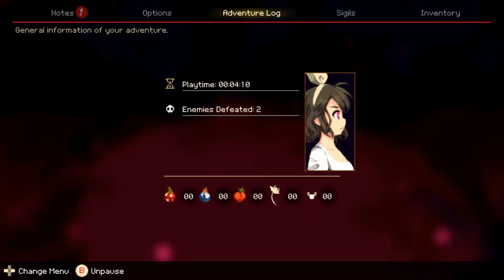We got menu. Starts out at the adventure log. Playtime. Enemies defeated 2. Yeah. There's a somewhat shocked-looking main character. I think her name is actually Momo. Whereas in the previous game, it was...